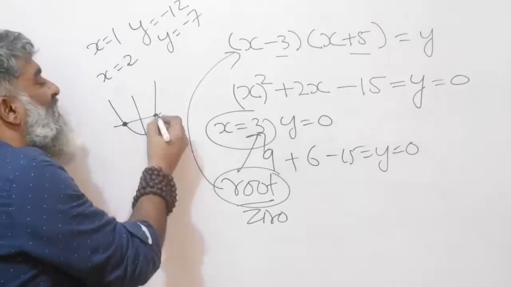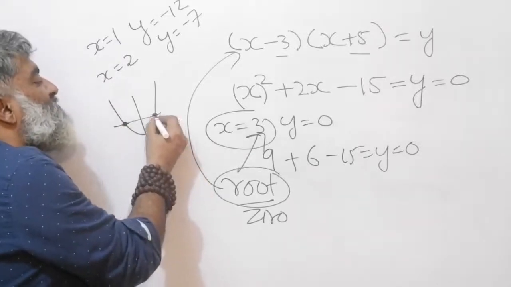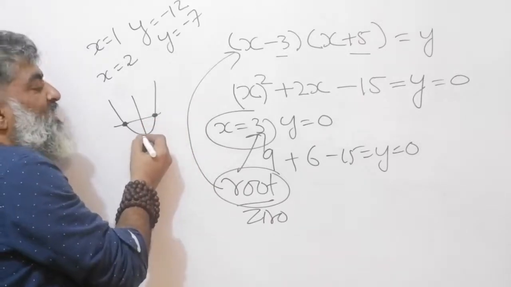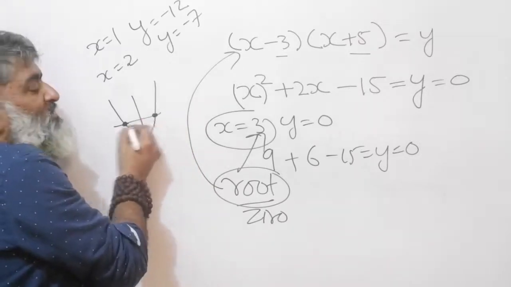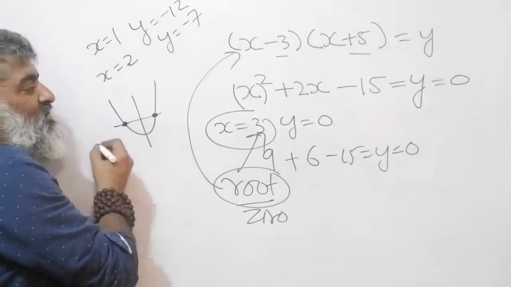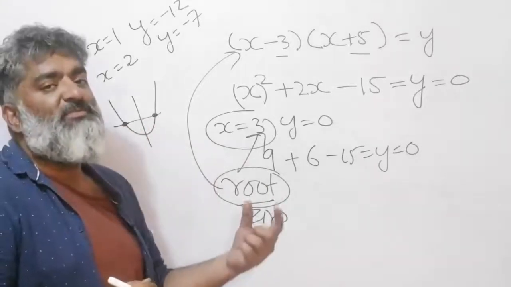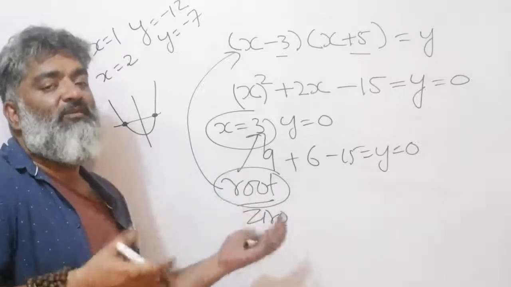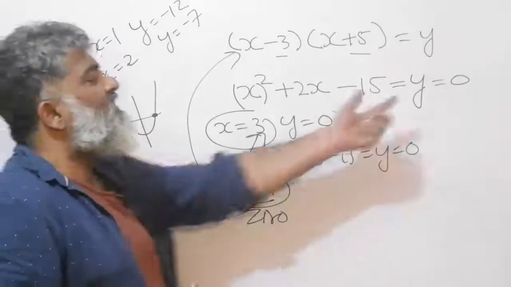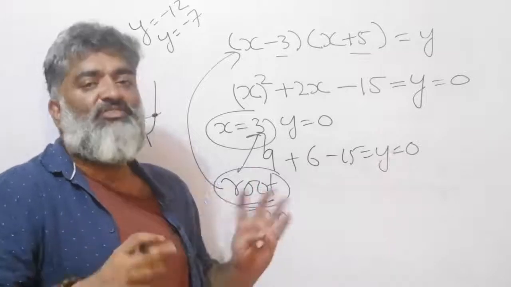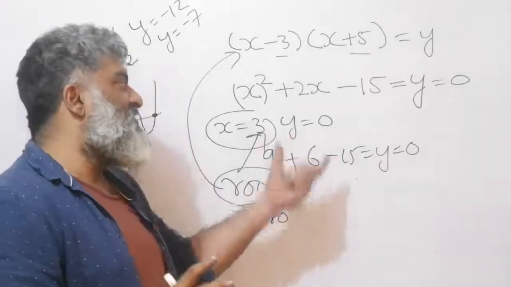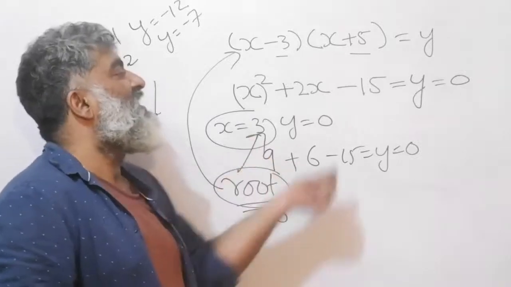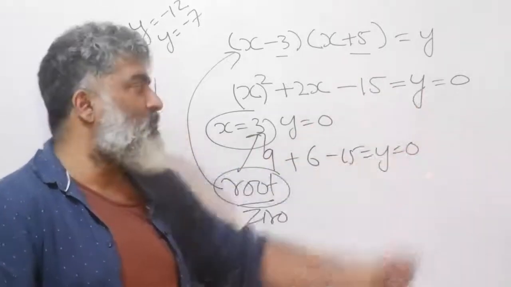And when I plot the graph, this point is very interesting because beyond this point, the graph is positive. Behind this point, the graph is negative. That means for analysis purposes, where is the equation positive? Where is it negative? How is the output behaving? The 0 is an interesting point. This is not needed for our purposes. If you have understood that the root means at what value of x does y become equal to 0.